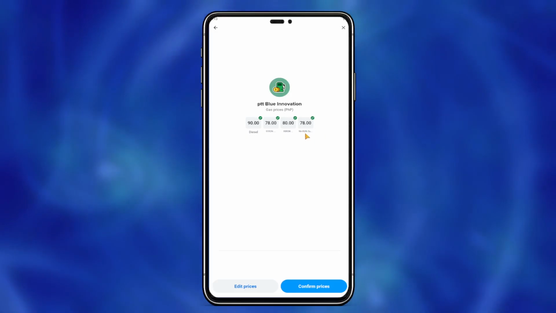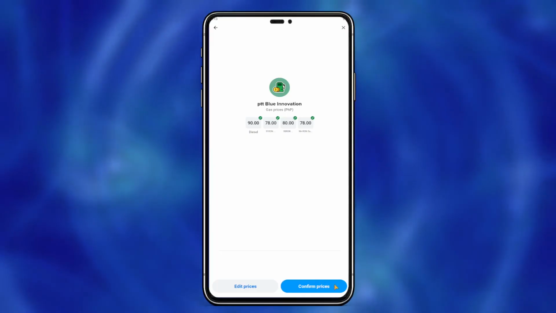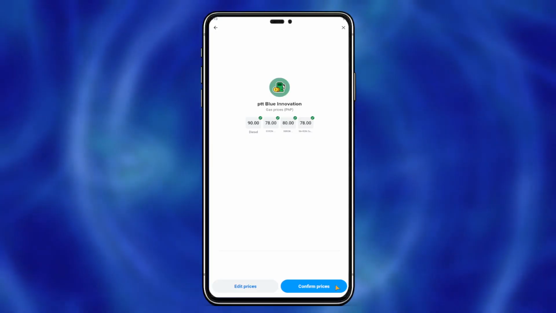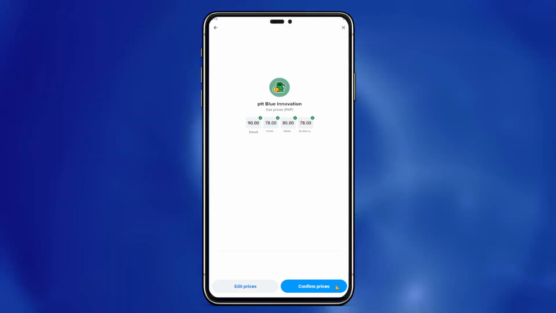Once you've finished entering all the updated prices, look for the Confirm Prices button at the bottom of your screen. Tap on it to submit your update. This action sends your price information to Waze's database where it becomes available to other users immediately. And that's it. You've successfully updated gas prices on Waze and contributed valuable information to help fellow drivers find the best fuel